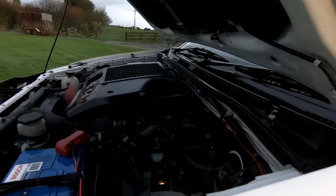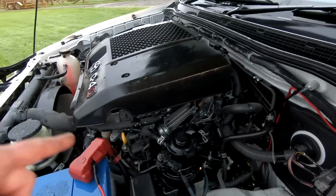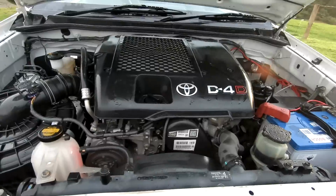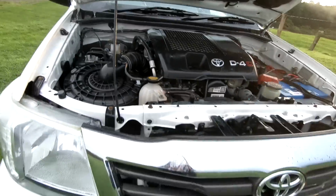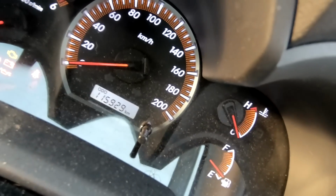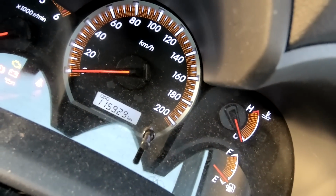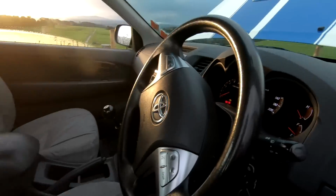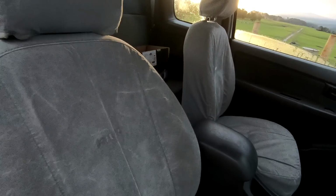2014 Toyota Hilux with one of them on it. And that's what it looks like now. We've got the little nudge bar on it. It says 115929 on the Ks. A little bit of an extra cab, and with this, there's actually some parts in here